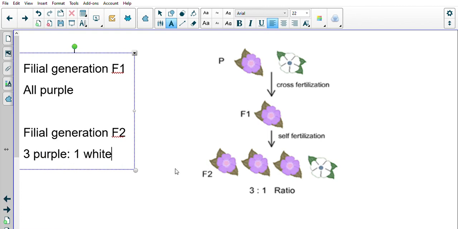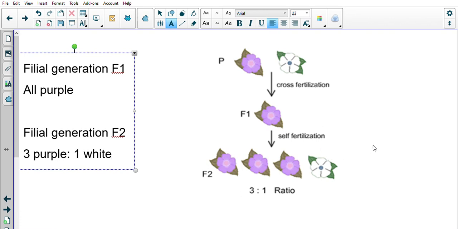So it was a ratio. On average, for every 3 purple flowers that he got, he got 1 white flower. This is the ratio that he found. Again, this was a prediction, it wasn't necessarily exact. He could have had 10 in a row and they could have all been white. But if he planted 100, the ratio was 3 to 1.